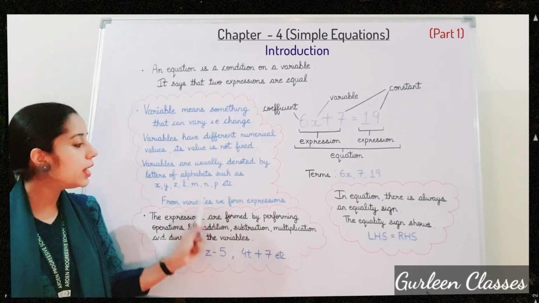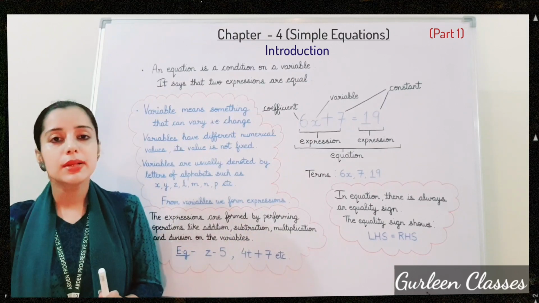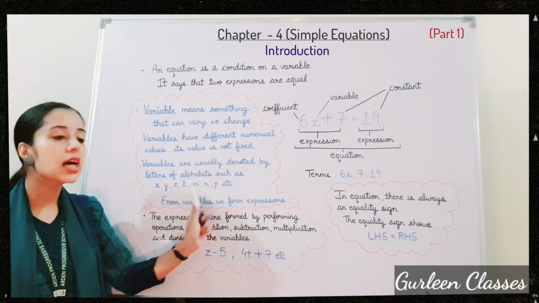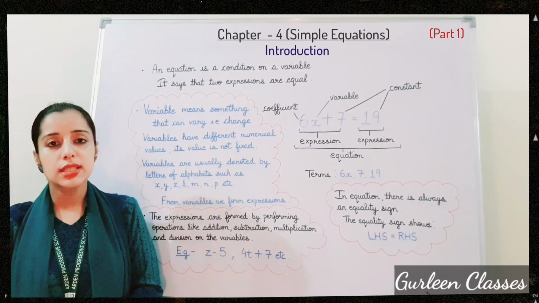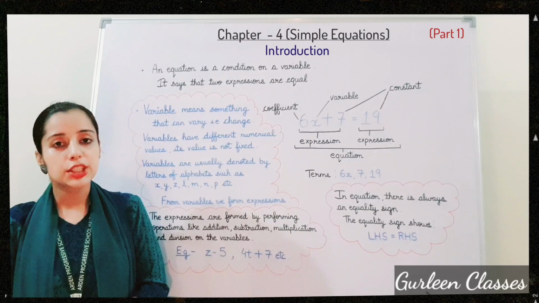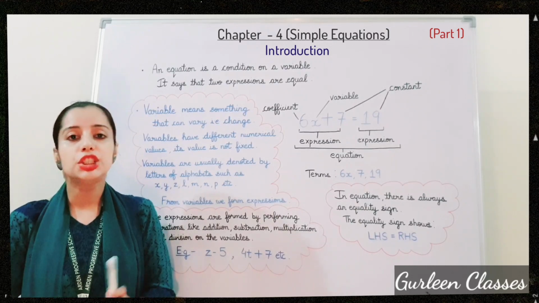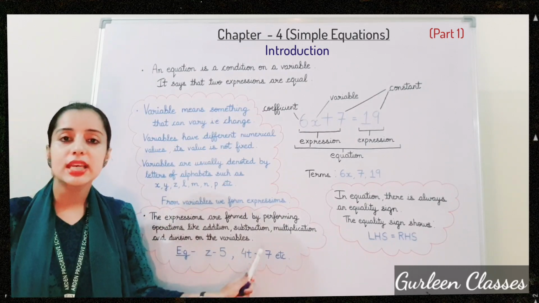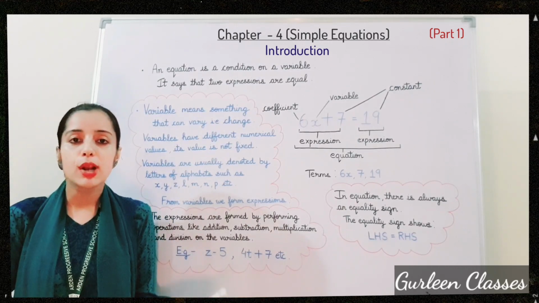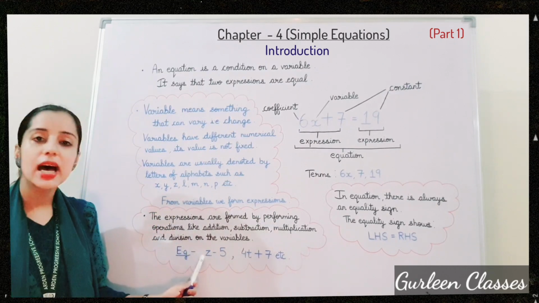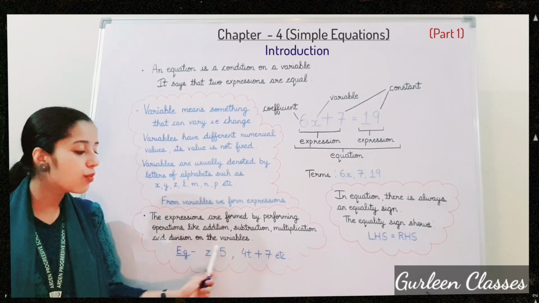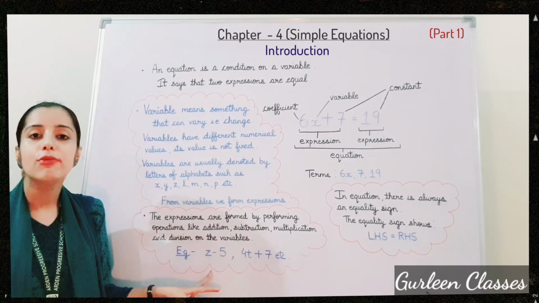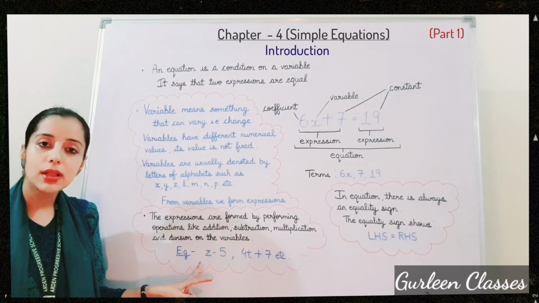From variables we form expressions. हम वेरिएबल से क्या बनाते हैं? एक्सप्रेशंस. So what are expressions? The expressions are formed by performing operations like addition, subtraction, multiplication and division on a variable. Example, z minus 5, 40 plus 7, etc. These are examples of expressions. Here z is a variable and this is formed as an expression. जब आप किसी ऑपरेशन का भी यूज करते हैं, here we have used subtraction and the variable,